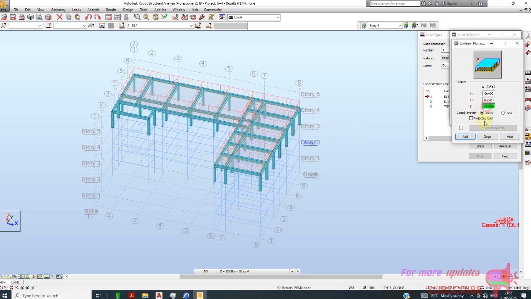Yeah, I will change to 1.5. And then the dead load, I just change to 1.2 or something like that. And then for live load,